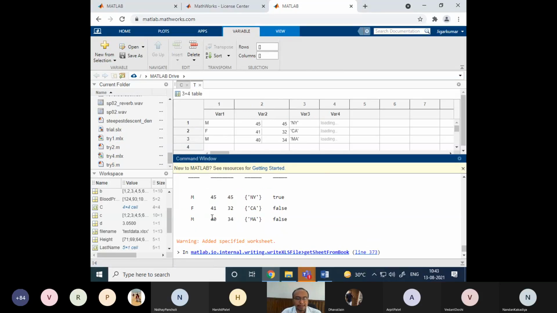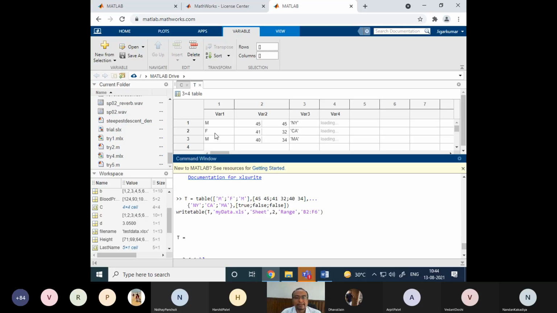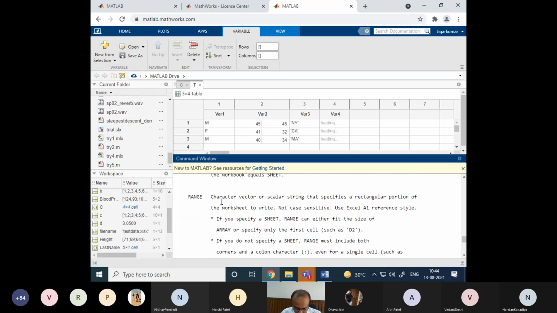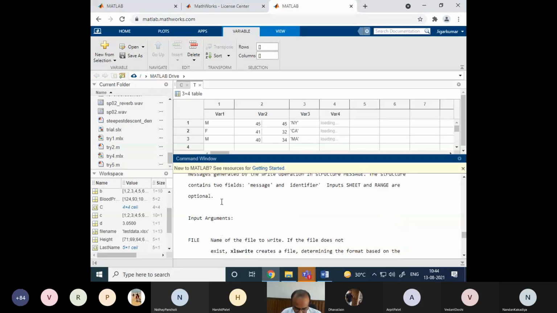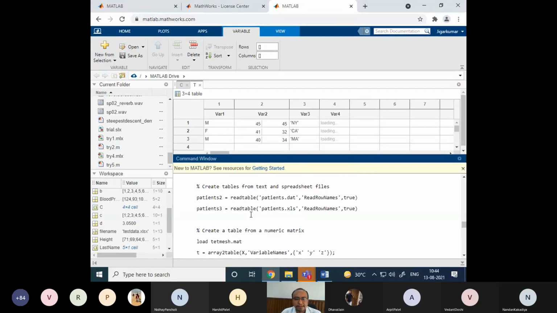Yeah, so this table is created. You can see this capital T, a 3x4 table, and now this table has changed inside this window also, where we are visualizing this variable. It is not labeled, no label is given, so it has assigned default labels: Var1, Var2, Var3, and Var4 is still loading. So if we have not given names, like in the previous example where we gave labels to the columns, you can refer to my previous example, which I have taken here.